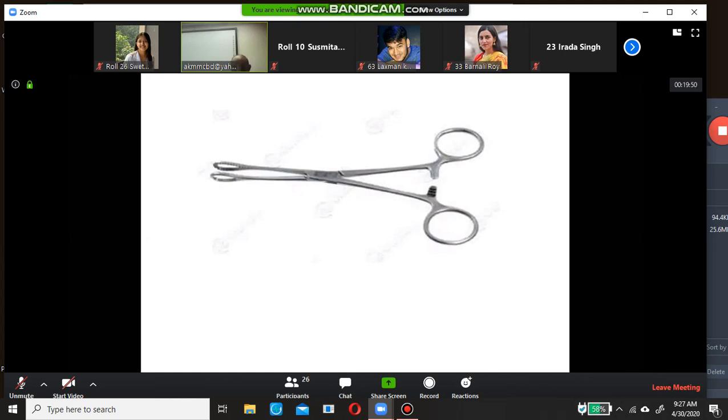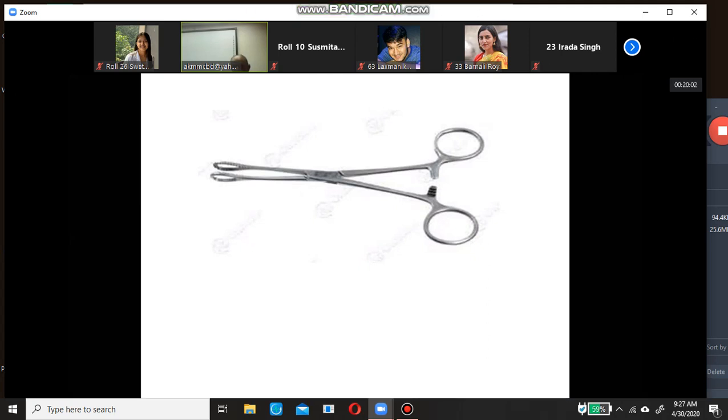Then what else we can do with it? Hold the gallbladder, hold the fundus of the gallbladder. During open gallbladder operation, we can hold the fundus and the Hartmann pouch of the gallbladder.